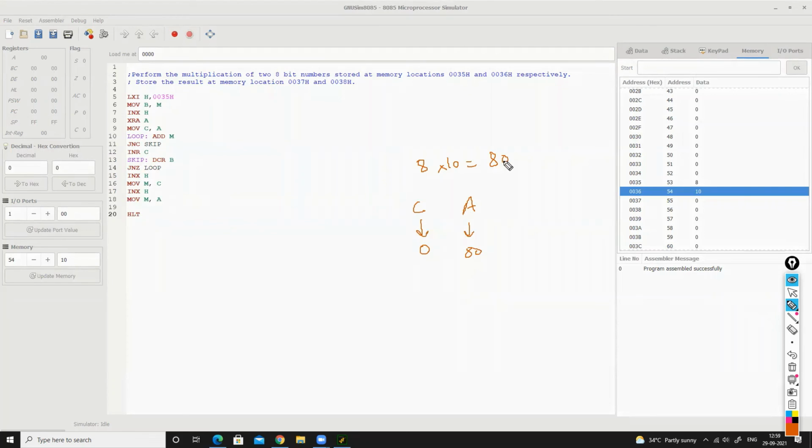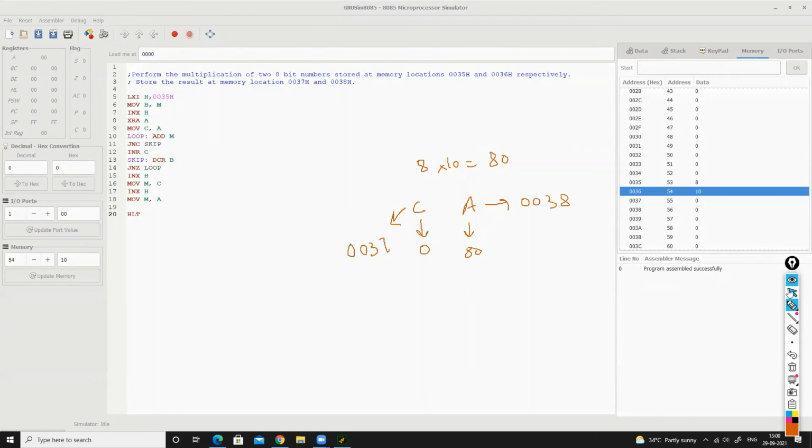Because if you convert this 80 into binary, the entire 80 can be stored in these 8 bits. So our C will contain 0, A will contain 80. C is stored at location 0037 and A is stored at location 0038. So 0038 will contain 80 and 0037 will contain 0.